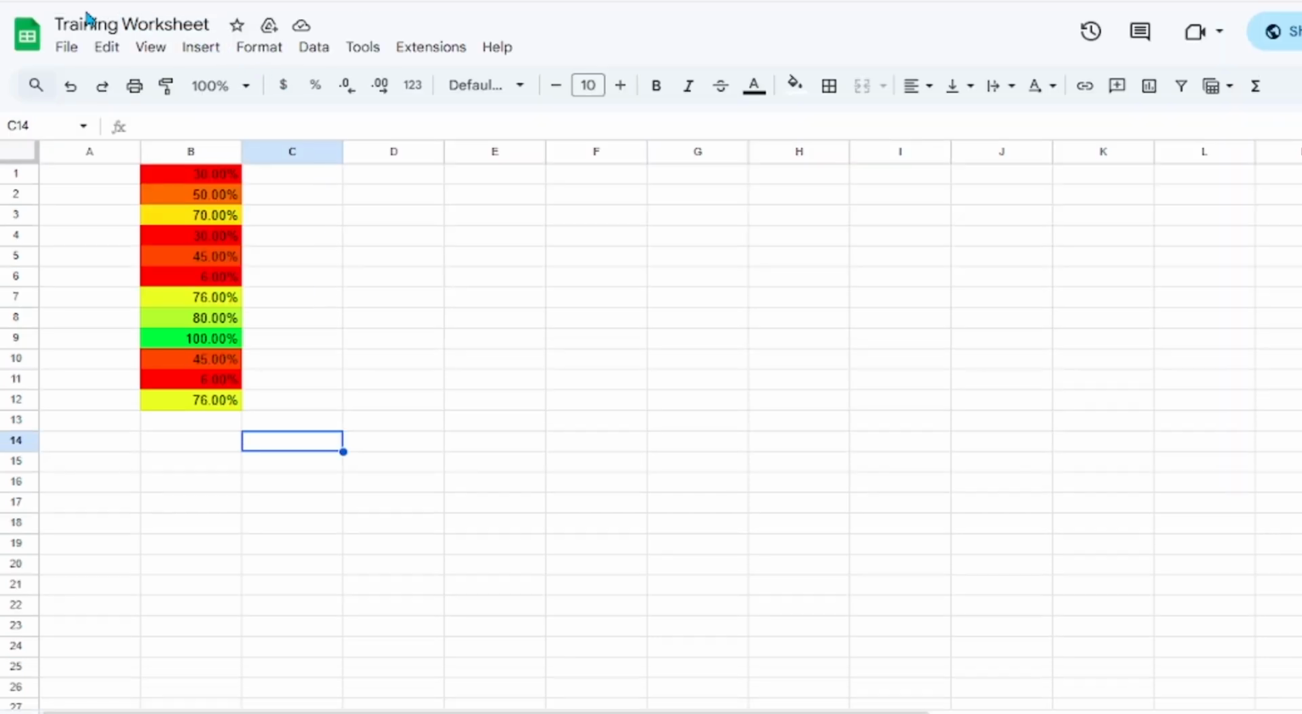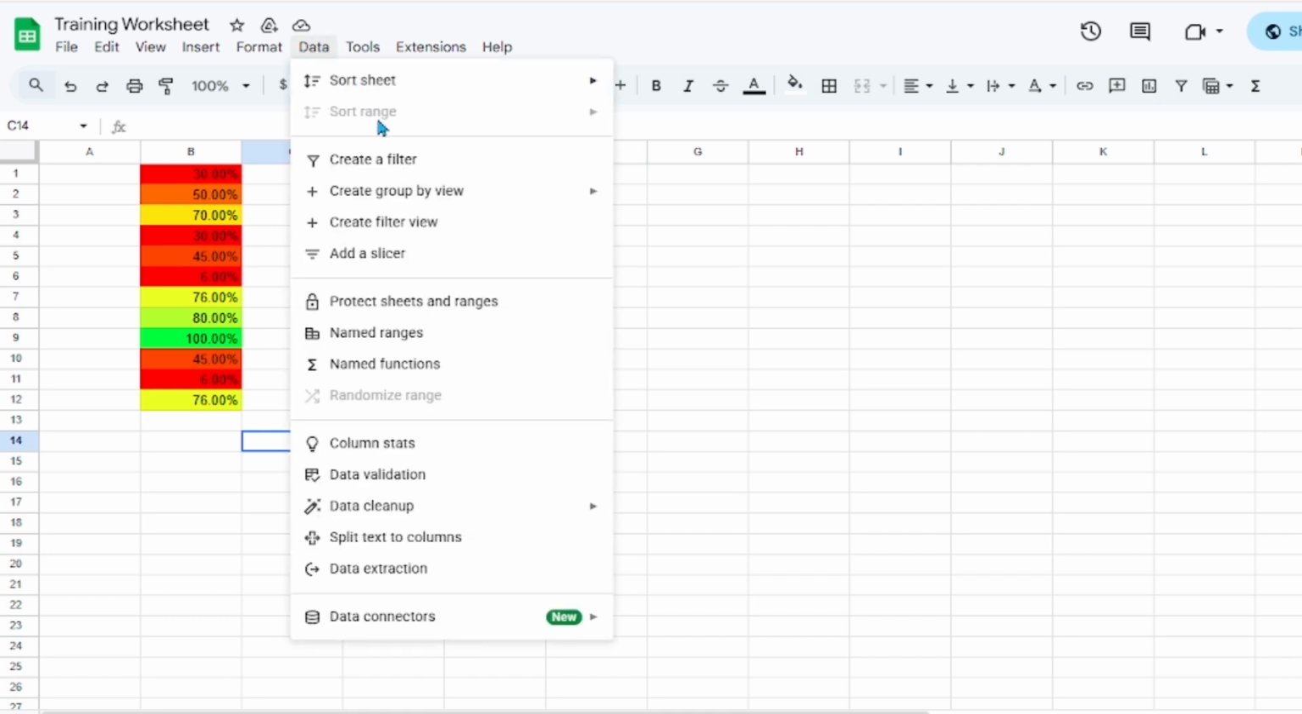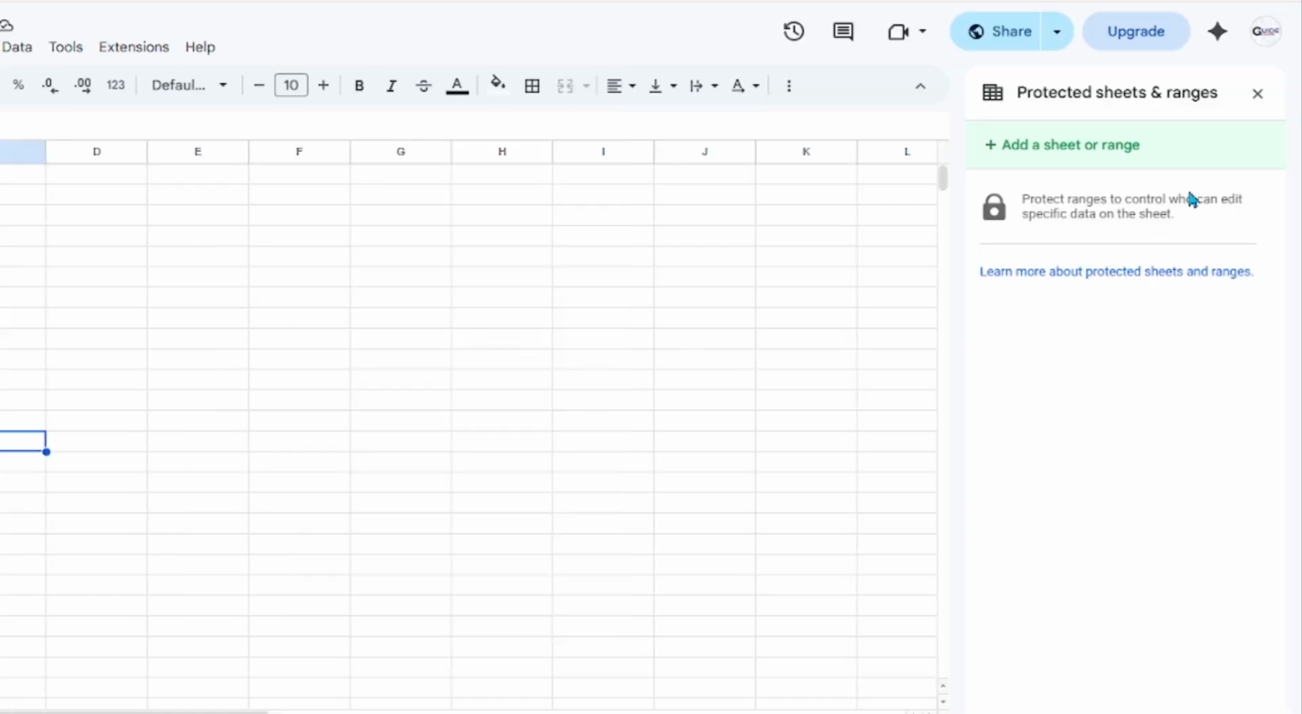Next, move your cursor to the top menu bar of Google Sheets. From the menu options, click on the Data menu. After the drop-down menu appears, look for the option called Protect Sheets and Ranges. Click this option to open the protection settings. When you click it, a side panel will appear on the right side of the screen where protection rules can